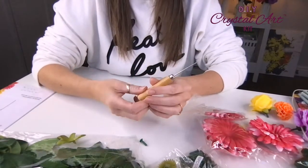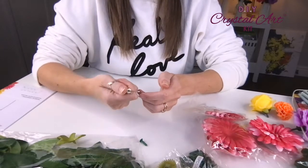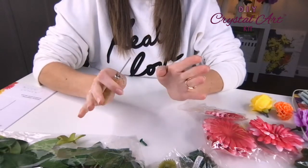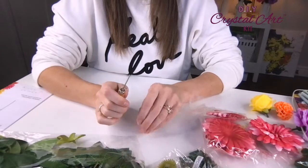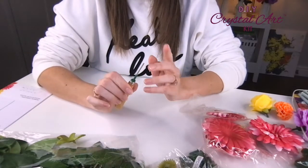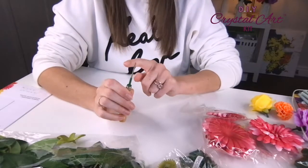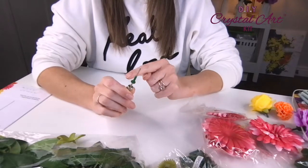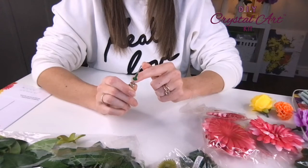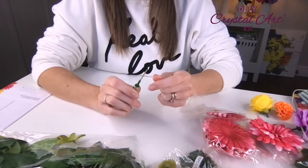Now the tool that you get included is the wooden handle tool. So really nice ergonomic design, soft, easy to hold, and then of course you have the spike. Now because a lot of our flowers are quite tightly clustered together, I always add on a stopper stem. If you've got any of our limited edition tools or our premium tools, they actually have a stopper halfway up the stem anyway, so you don't need to worry about this. But I do this because it's just giving me a smaller surface area for the middle of my flowers. So the base is quite wide, so just by doing that I've got a much smaller tip to build my